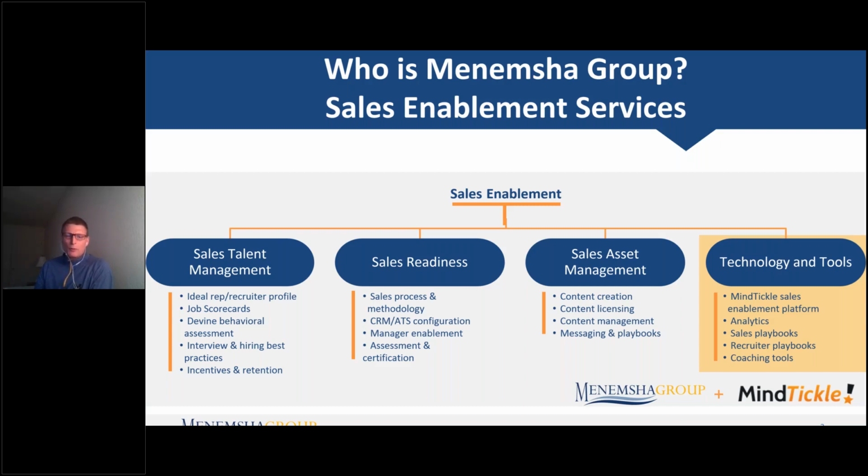So what Menemsha Group does is we work with IT staffing companies to provide them with sales enablement services: everything from sales training, coaching, and content creation, whether customer facing or internal sales training assets. And then of course we provide technology to deploy our services, as well as management training and help with talent management, so identifying and hiring sales talent, recruiter talent, and management talent. So that's a little bit about us, but that's not why we're here today. I want to move on and get into today's discussion. We can jump to the next slide.